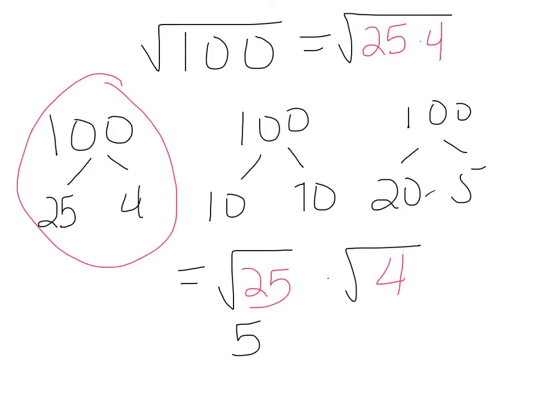You're absolutely correct. And the square root of 4 is 2. You're absolutely correct. So together, this is a product of 5 times 2, which we know is equal to 10. So if it's a perfect square, then it will end up being a whole number when we take the square root of it. But if it's not a perfect square, then when we simplify the radicand, we're going to end up with something like we did in slide